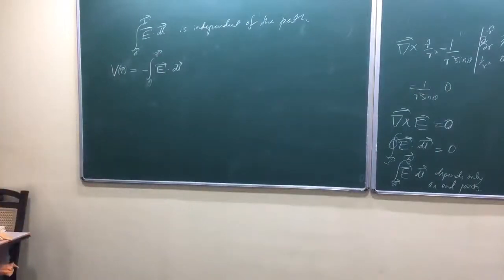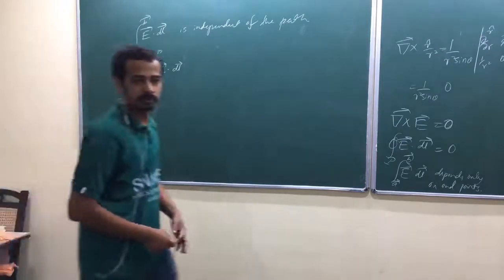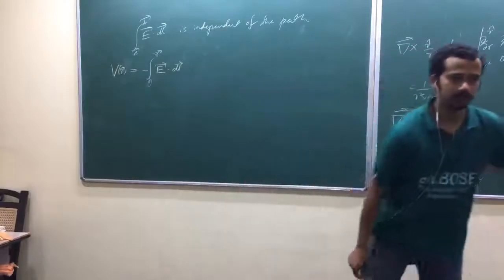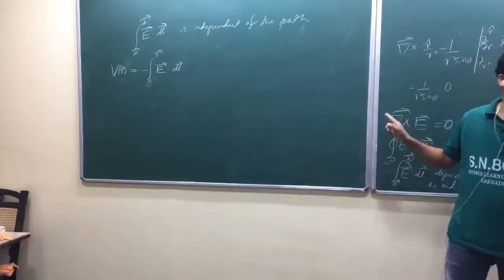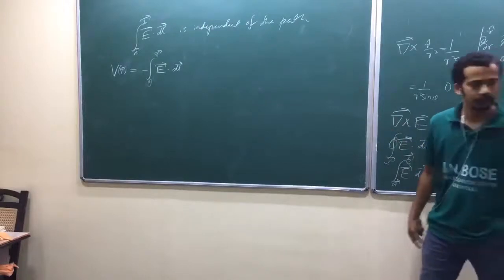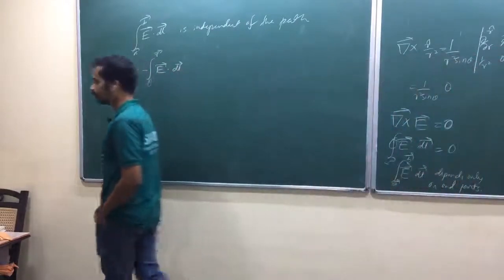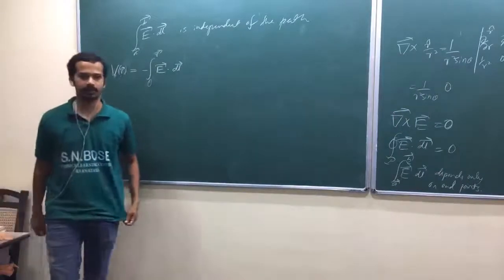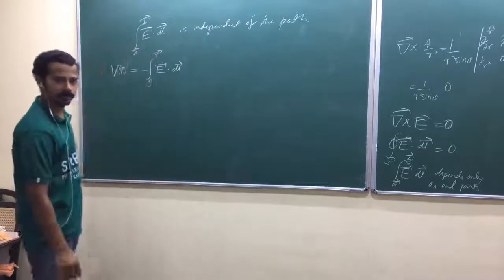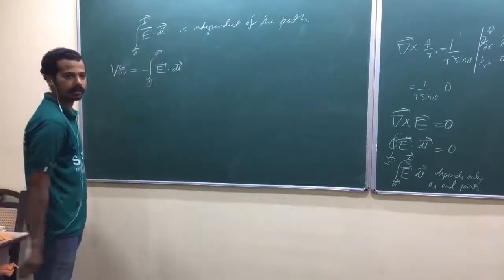No. Individual curl vanishes. That's why net curl vanishes. Because we have taken one point charge, the same thing will happen for all point charges. The electric field due to an individual point charge is also an electrostatic field by Coulomb's law only, isn't it? So individual curl vanishes. That's why net electric field curl also vanishes.